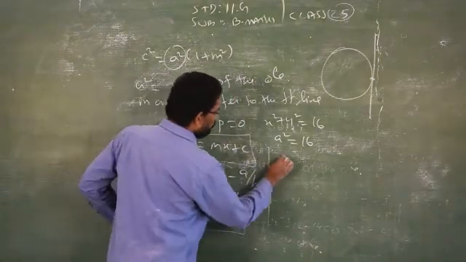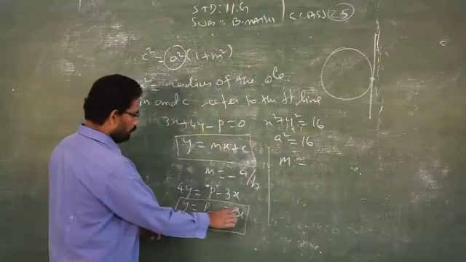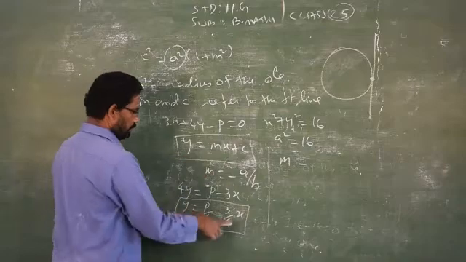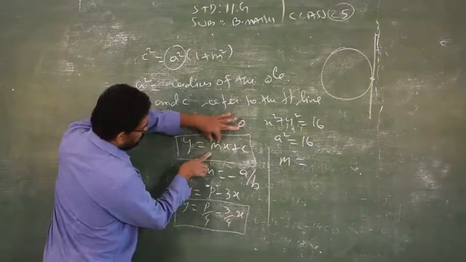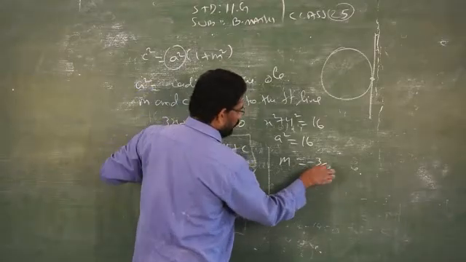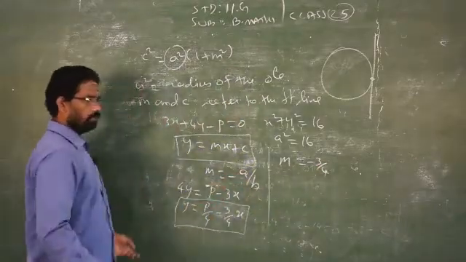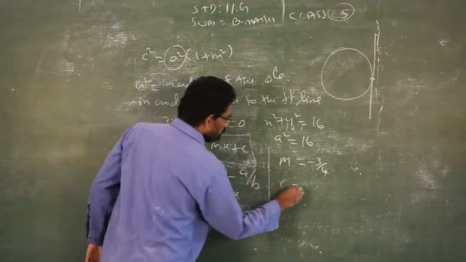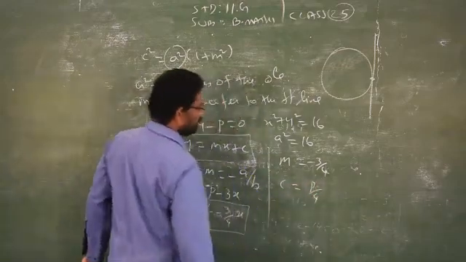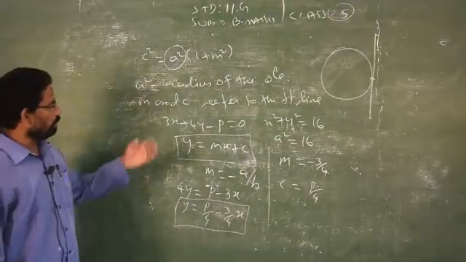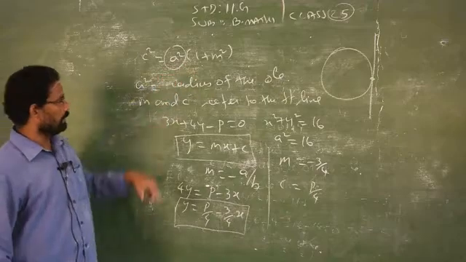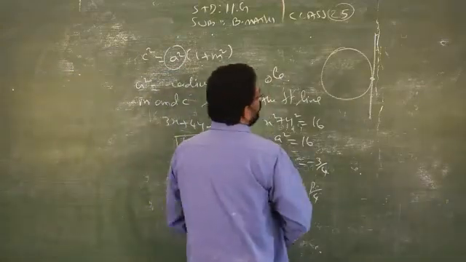So what is my m? m is the coefficient of x, as given in the general format. Here the coefficient of x is minus 3 by 4. You can find this by using minus a by b also. Then what is your c? The constant, p by 4. Other than the variables x and y, the rest is called the constant. So now I know what m, c and a square are. You just have to substitute in the formula, and you will get the answer.